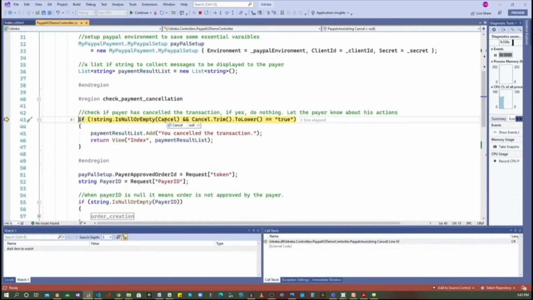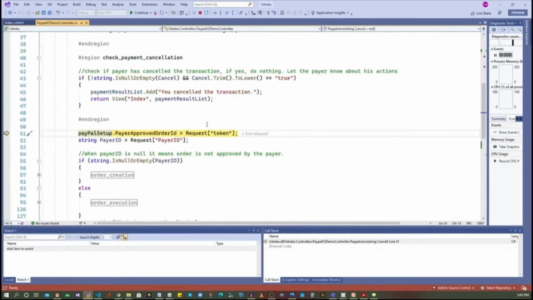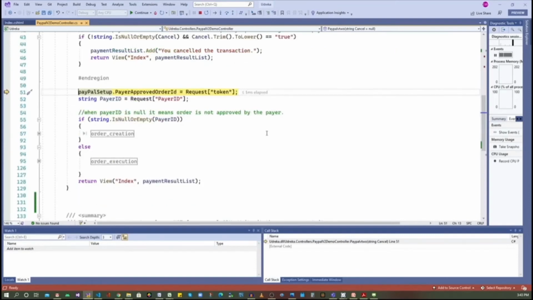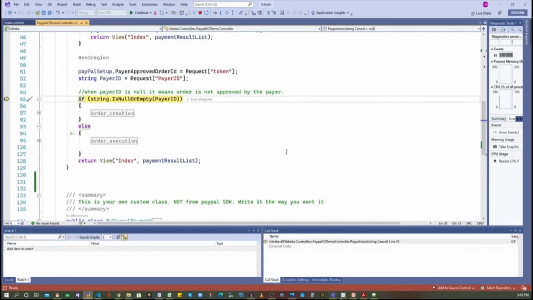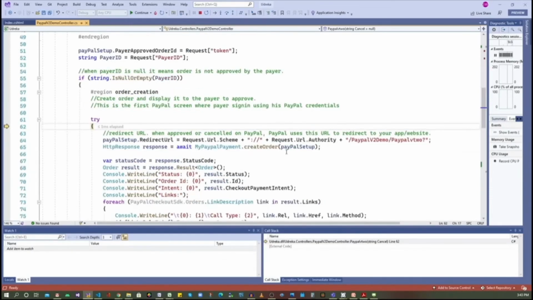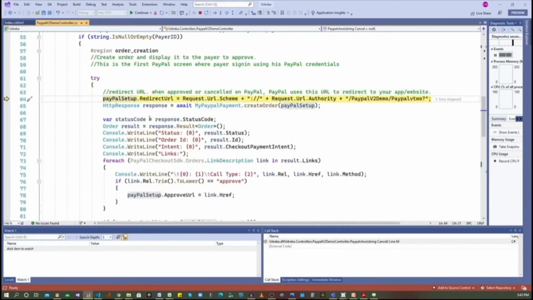Let's check whether it's a cancellation. Null. It's not a cancellation because this is the first time the user is clicking the button. Let's check the payer ID. Obviously, this is going to be null, which means we need to create the order. Here we are creating a redirect URL. Basically, this is the same controller: the scheme, authority, controller, and this very action method. That's our redirect URL.